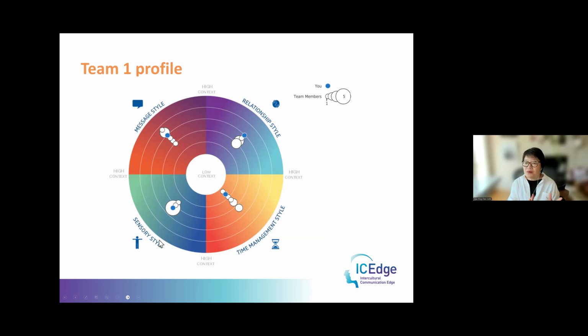So I have team 1's profile here, which you have about 10 people. But your scores are mixed here. Okay. As you can see, relationship style is pretty similar for this team, right? Sensory style is also pretty similar, very concentrated. But message style and time management style is different. So team 1, maybe you can focus on this particular dimension when you discuss the strategies in leveraging or dealing